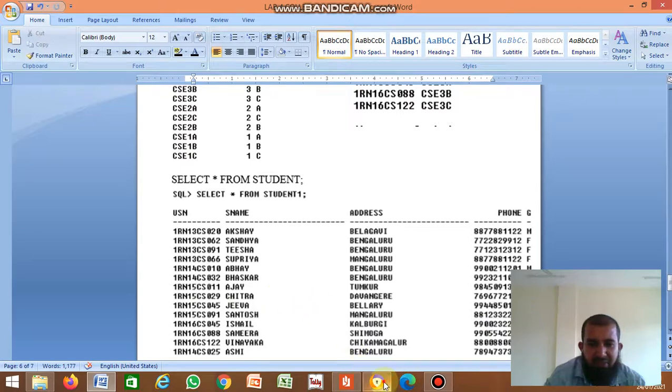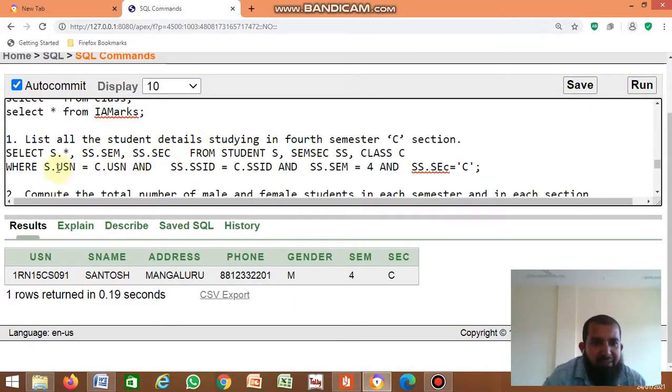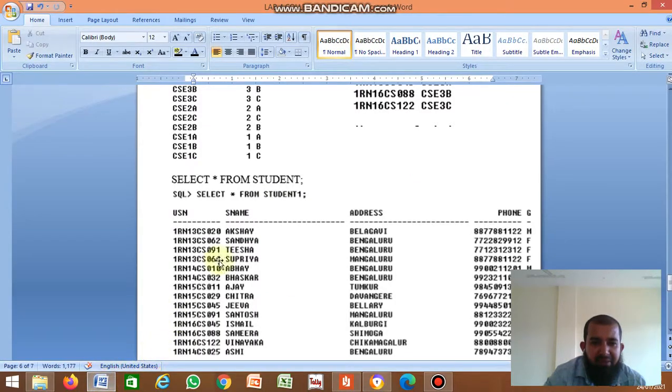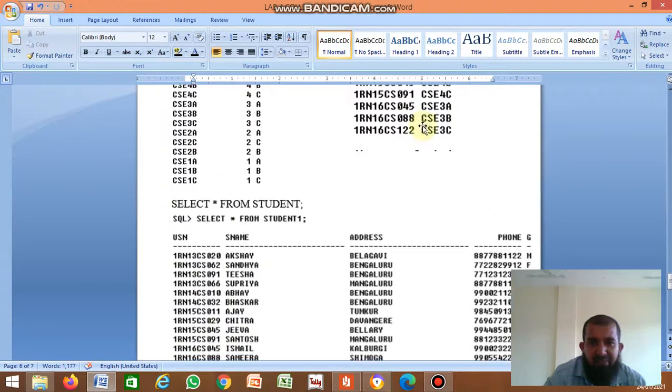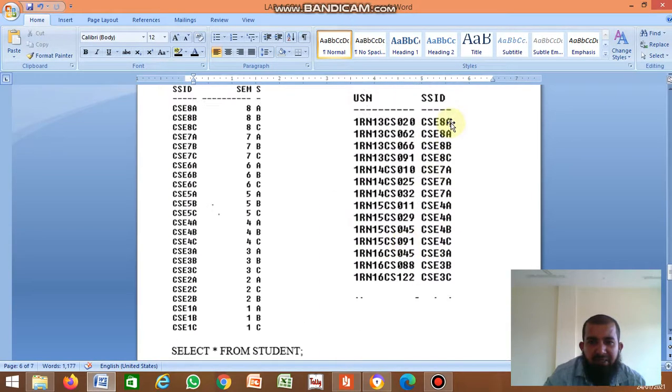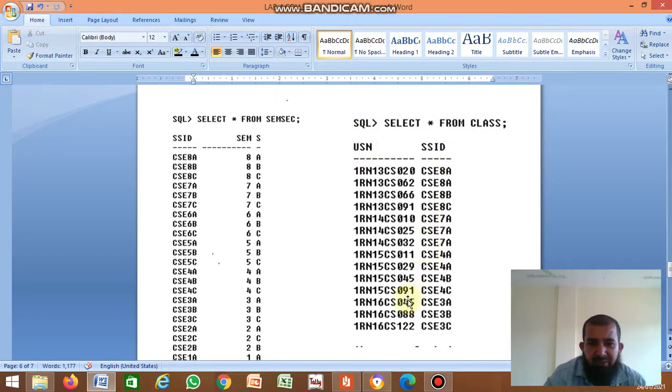That's why you have to compare the student table USN with the class table USN; they should match. Then CSC 4C: compare this SSID and this SSID.